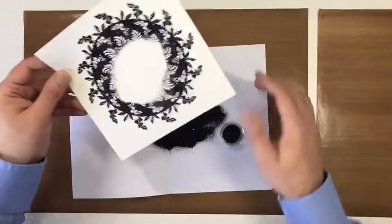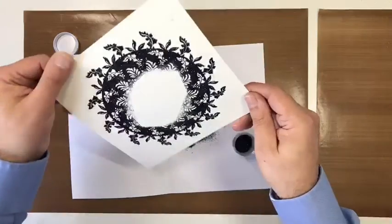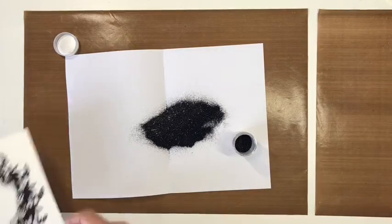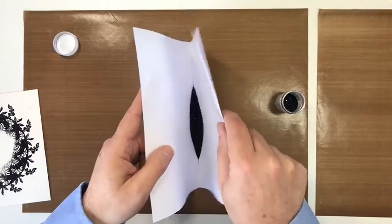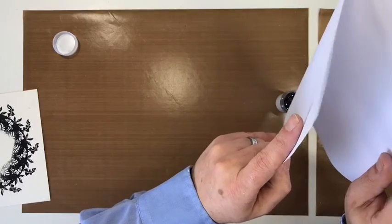We're nearly done. I've just got the last bit to do. And you should be able to see, I'll just blow the excess off. There we go. I'll pop this back in here. Remember not to decant my embossing powders into larger tubs. Keep them in the pots that they come in,